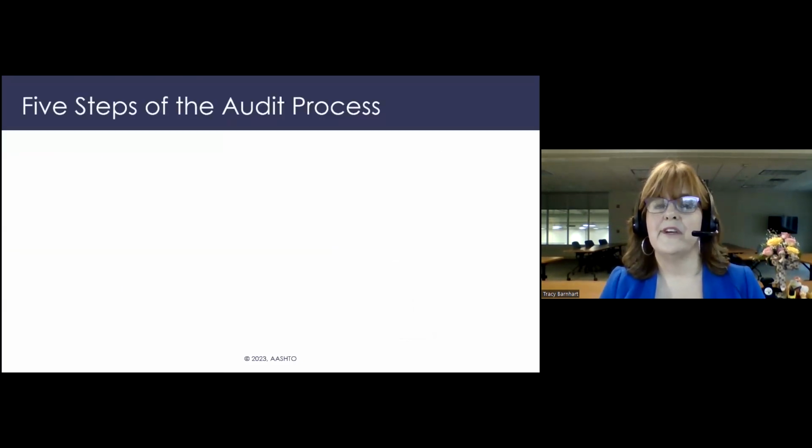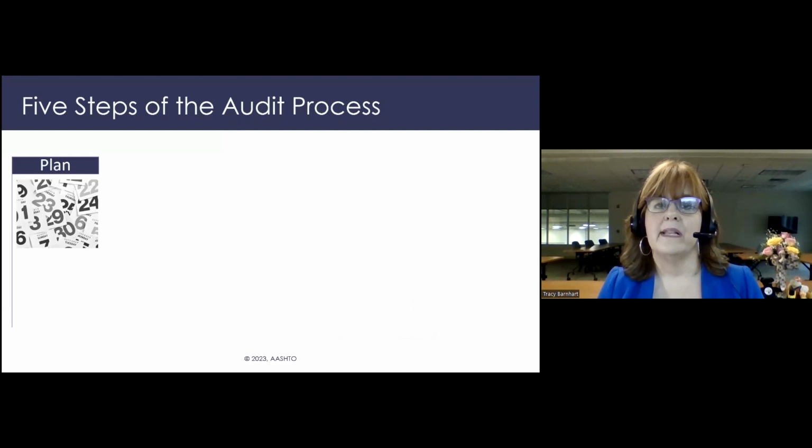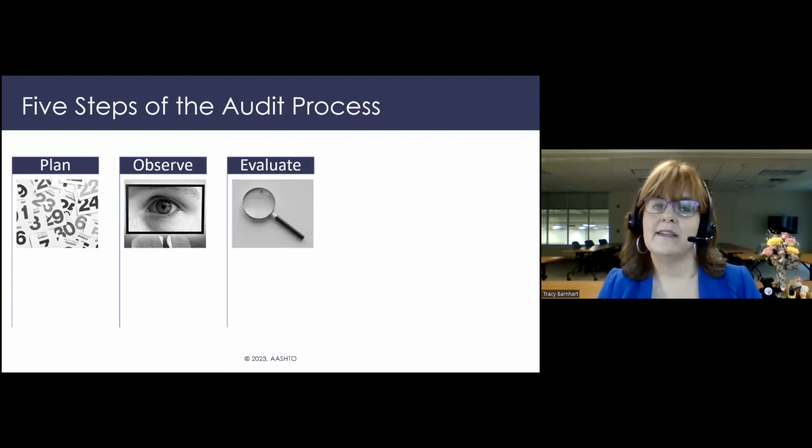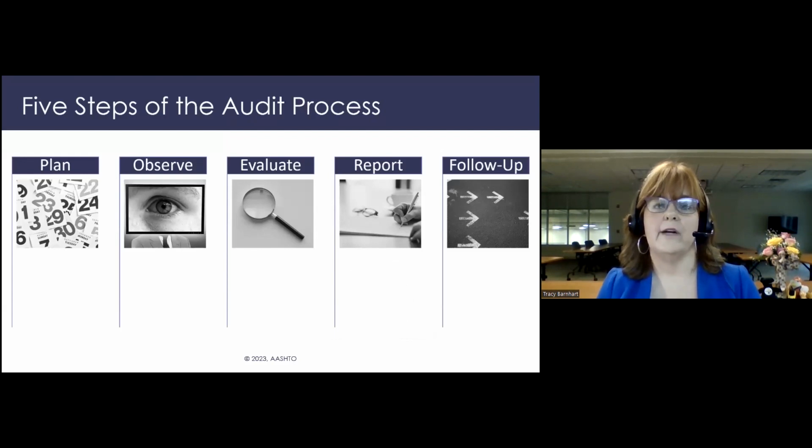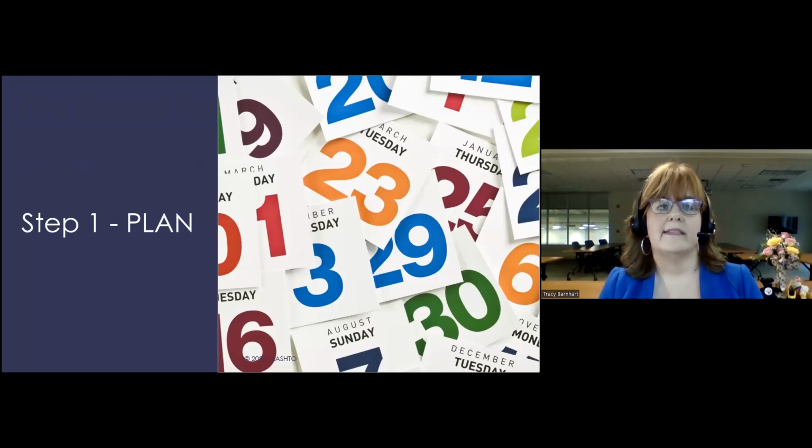All right, we're moving on to another learning objective, the 5 steps of the internal audit process. We have the planning, observation, evaluation, reporting, and the follow-up. So let's break these down, starting with planning. Step 1, planning. I will say that for me anyway, planning for internal audits here can actually take as much time as the audit itself. It's really crucial to conducting an efficient audit.